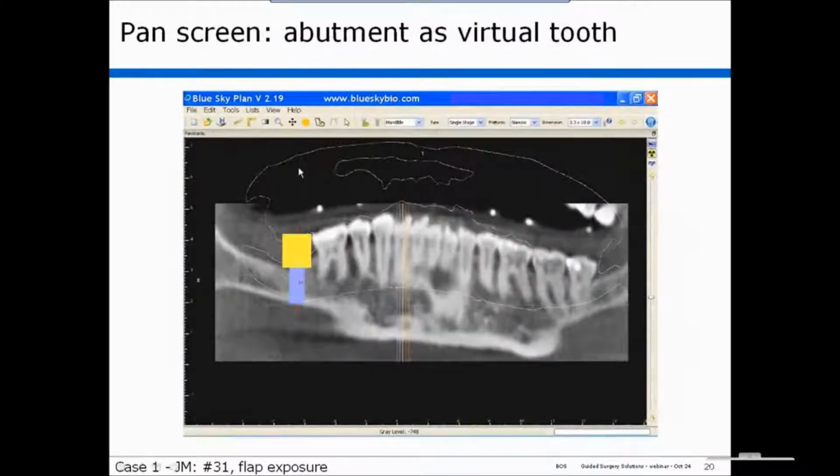We next would go to the panoramic screen, and here we would size the implant. This is maybe a 5 by 11.5 implant. And then we use the abutment as a virtual tooth. In this case, the abutment was sized at about 10 millimeter diameter. So you can move this into position, and you can see your mesial distal orientation. You can move your abutment against the distal of the tooth, and right off the bat, your implant is in